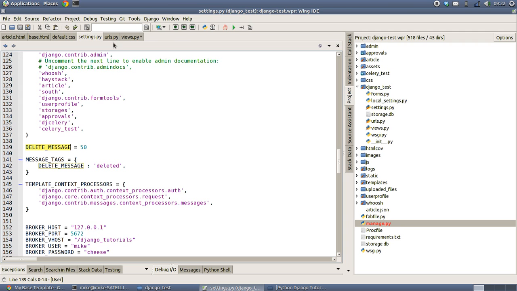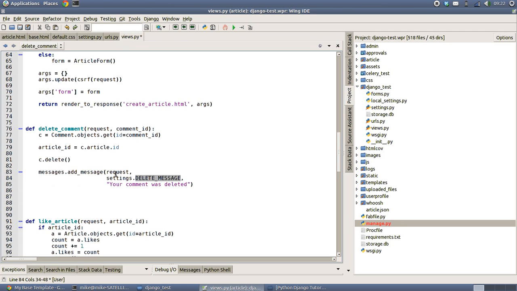literally using that as the identifier for the type of message that this message is. So we're adding a message and saying it's a type delete message, and then we just add in a string saying your comment was deleted, and that'll be enough to store a message in the system, so that when we forward back to our article page where we press the delete button, we should see that the message was deleted, but we should also then see a message at the top